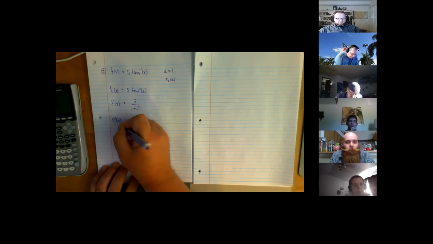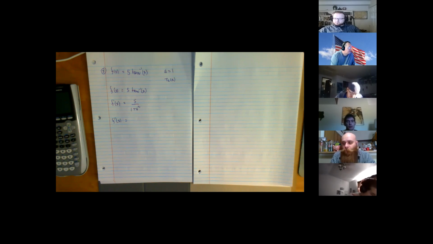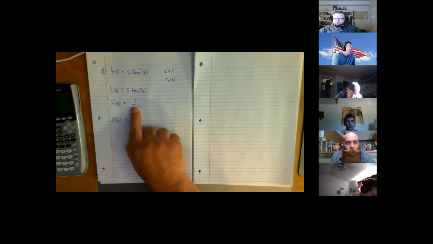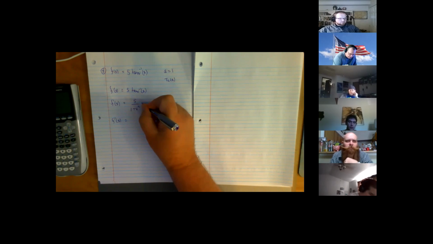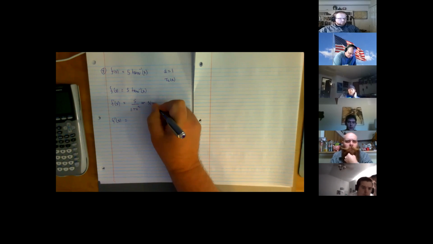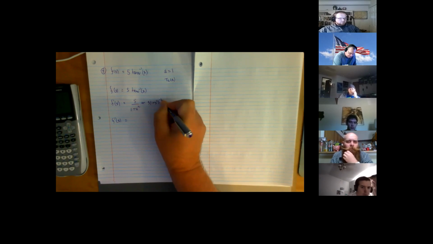Now, since I'm only going to do it to the second derivative for convenience, I still need to differentiate this, 5 over 1 plus x squared, right? There's 2 ways I could do this, both work. One of them is, couldn't I just do a quotient rule where 5 was the f and 1 plus x squared was the g, and that would work? Or, couldn't I rewrite this and do a chain rule?